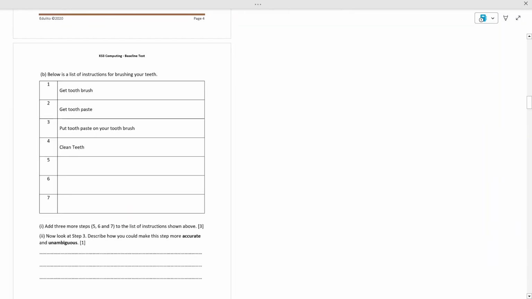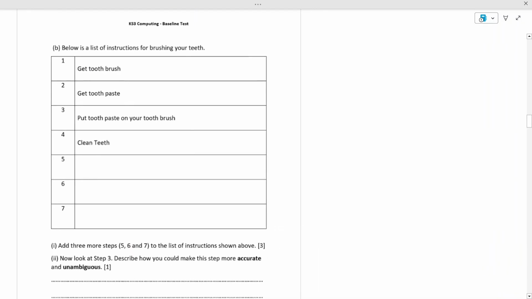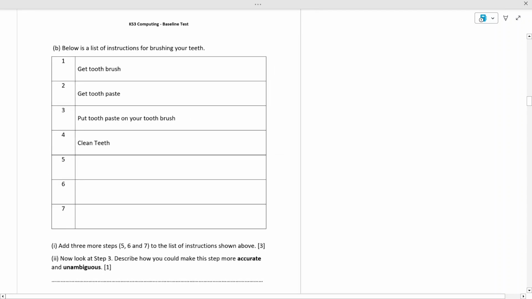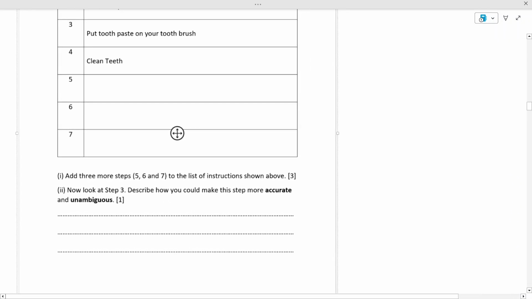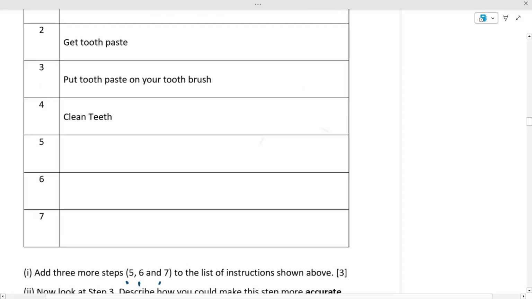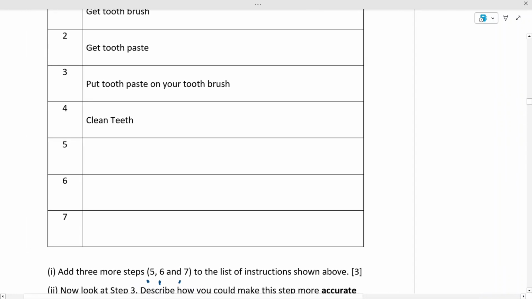The next part is now an algorithm, okay? Because as we said before, an algorithm is just a set of step-by-step instructions. So you've got get your toothbrush, brush teeth, get toothpaste, put toothpaste on your toothbrush, and number 4, clean teeth. Add three more steps, 5, 6, and 7, to the list of instructions shown above. So there's loads of acceptable answers for this. We could have